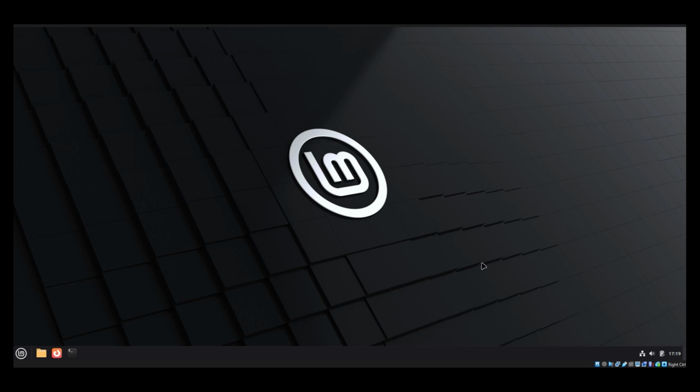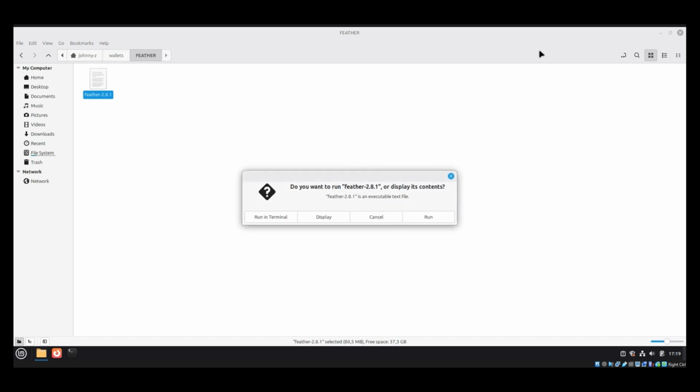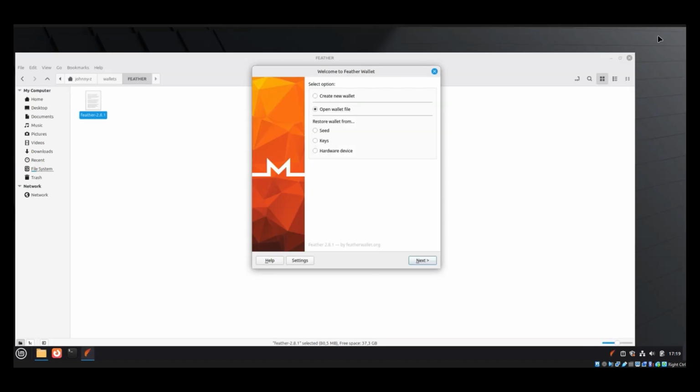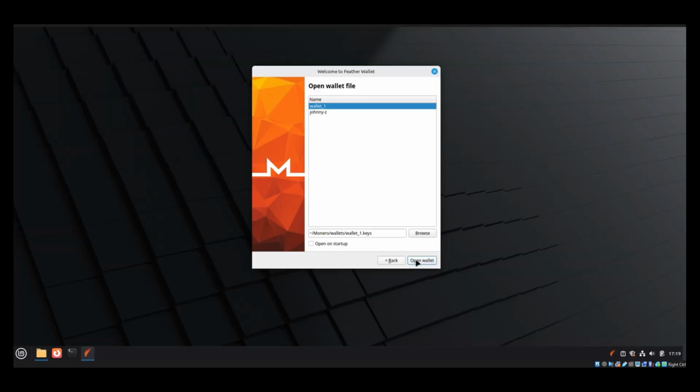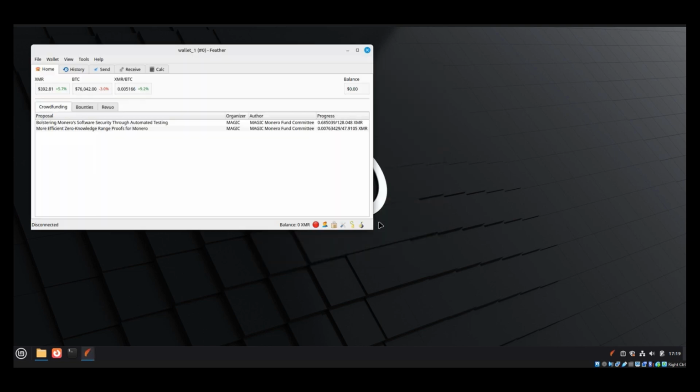I have another machine with two wallets. Let's start it and run the first wallet. I will use Feather wallet. Feather wallet is nice because it supports Tor natively, so all the communication by default is routed over Tor. So let's load the wallet, copy the onion address of your node,